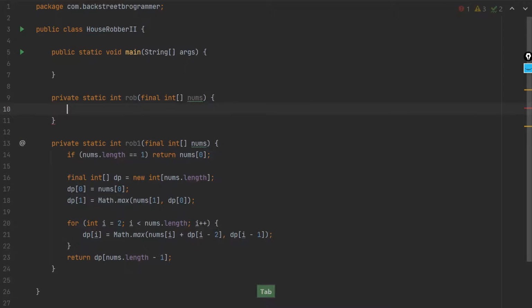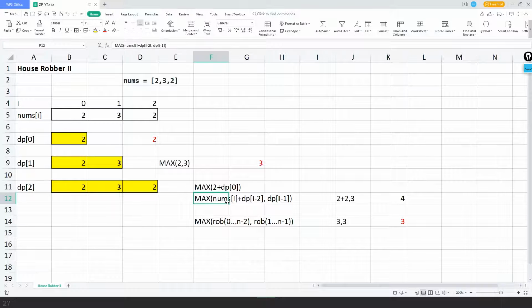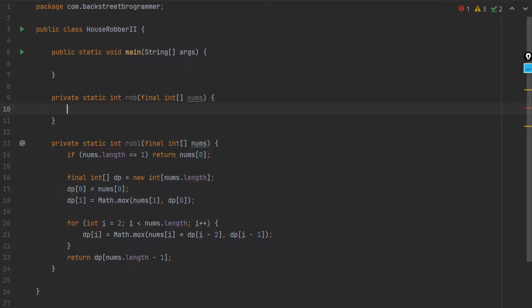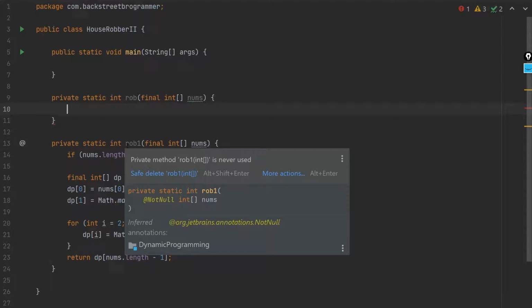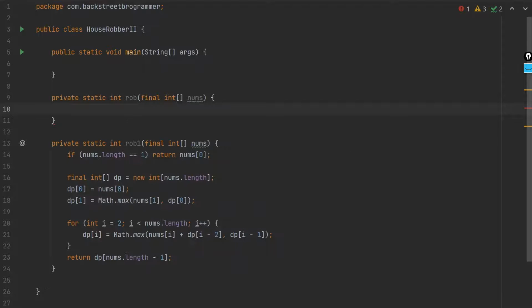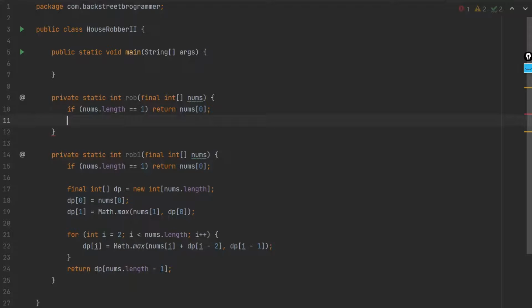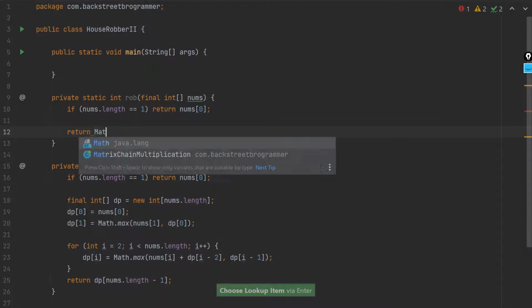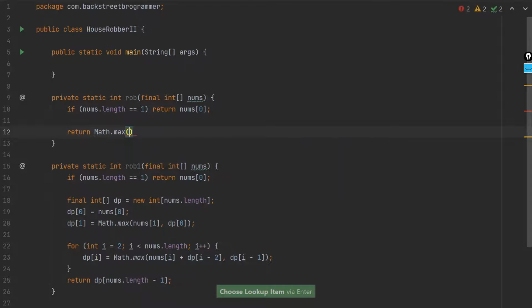Now our main function. We have got this helper function for the original house robber problem. Now let's solve House Robber 2, where we take the maximum of these two. Again, I will just use the same base condition here, because I don't want to make any further call if we are given only one house, so we simply return it. Now we have to return the Math.max of